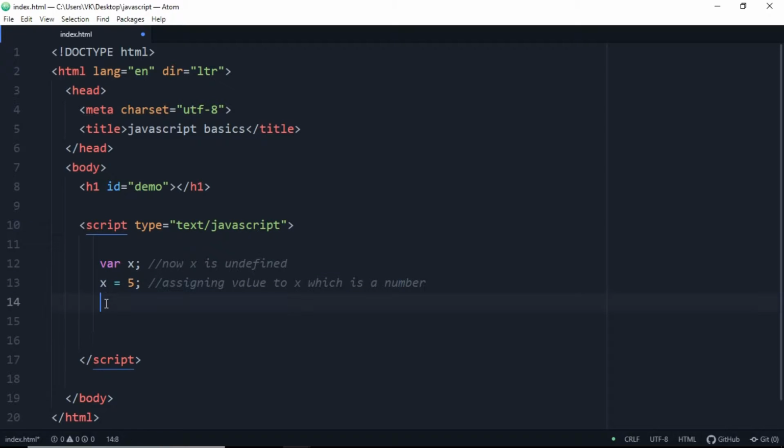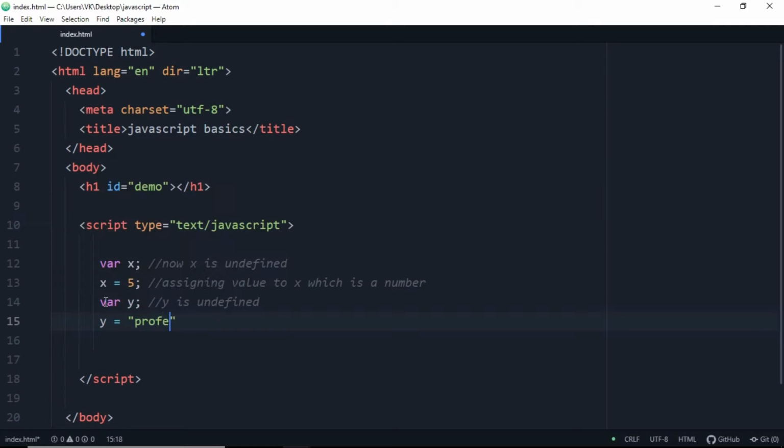So let's declare another variable, variable y, and also let's comment it out as now y is undefined. Till here y is undefined. When we write y equals something, y will get defined, and y equals Professor Hub.